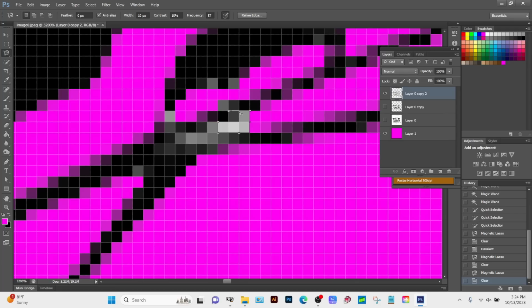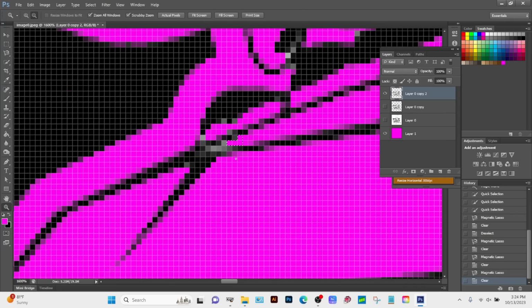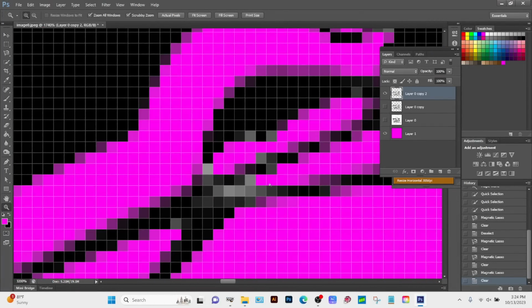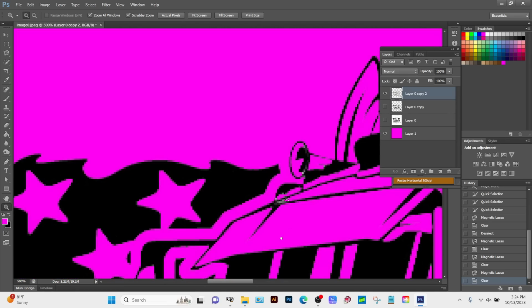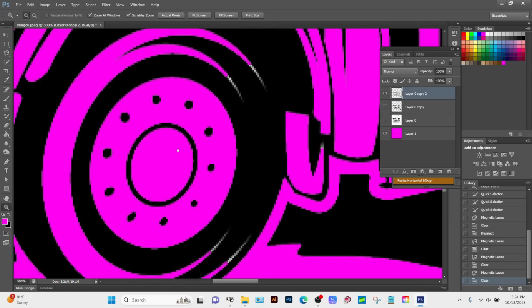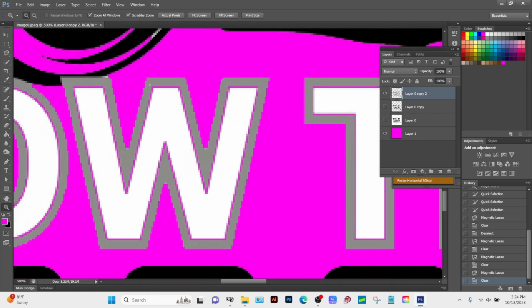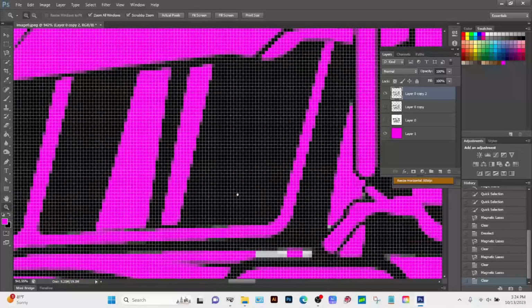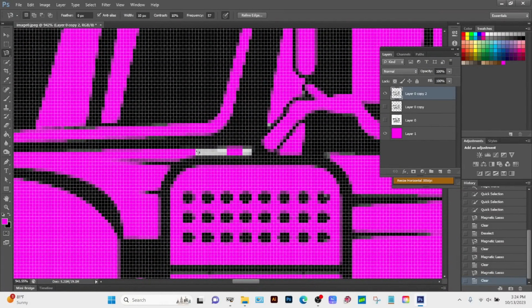And there are many different ways you could actually do this. This is just the way that seems easier to me. So we can actually go in, and if we wanted to, we could do the same thing that we did with the white, but the problem we'll have is if any of these values end up being closer to this color. So we can also try that. We can use our magnetic lasso tool again. We can trace these pixels, and what it will attempt to do is,